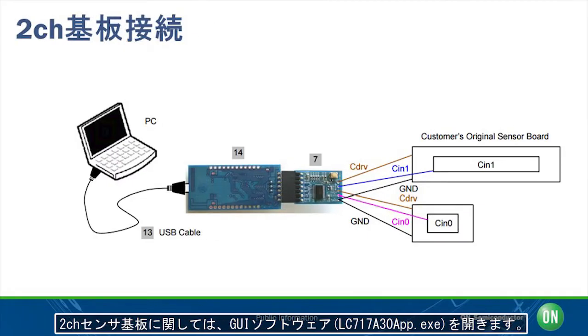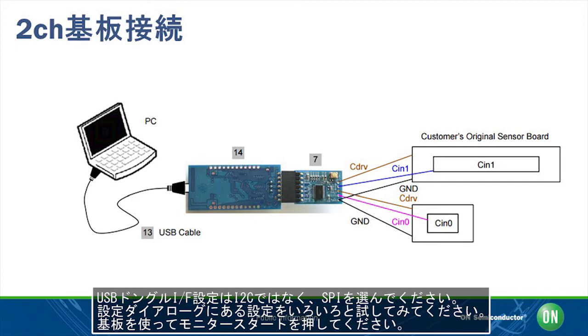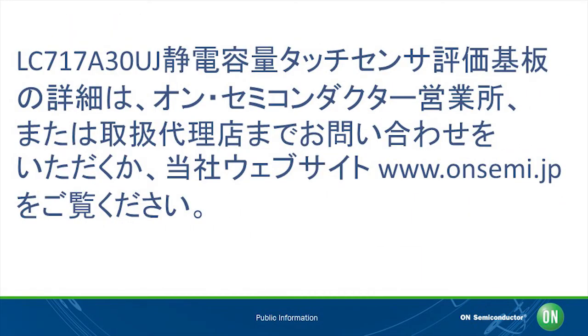For the 2-channel sensor board, open up the GUI software, click Load Parameters, and choose the 2-channel PCB file. Make sure the USB dongle IF setting is set to SPI instead of I2C. Feel free to play around with the settings in the setting dialog and push Monitor Start to begin using the board. For more information, please visit